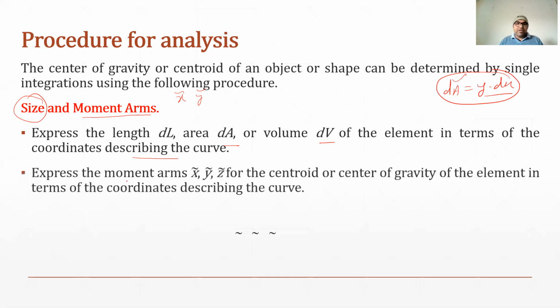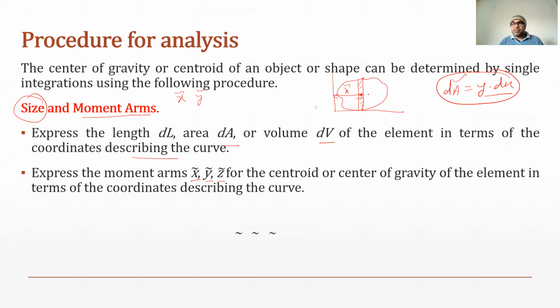Then we can express the moment arms, say x tilde, y tilde, z tilde. Say I'm again making the area, and say this is the strip and this is our axis. This strip will have its individual CG, say this is the CG, and the coordinate of this arm with reference to the y-axis, we can say this as x bar.